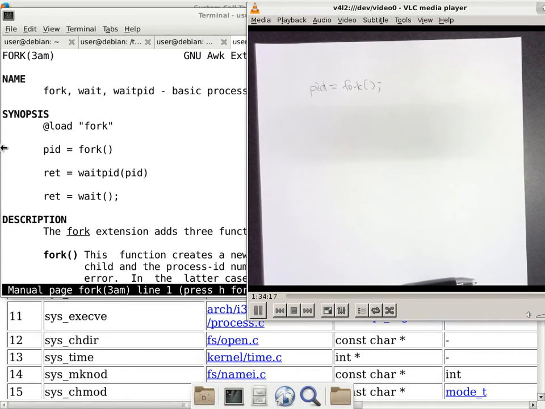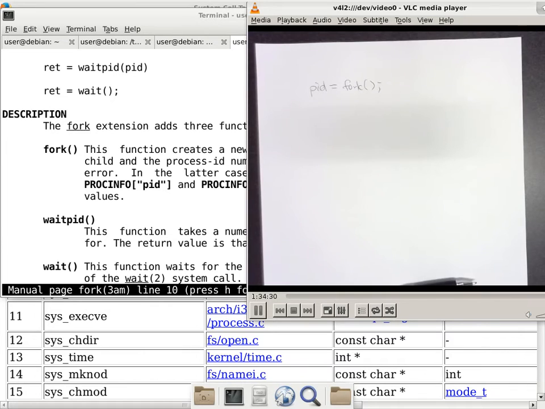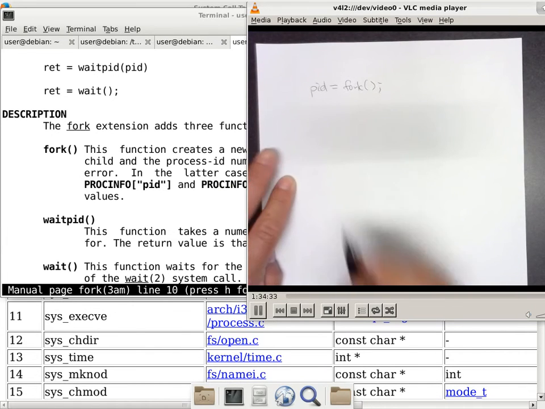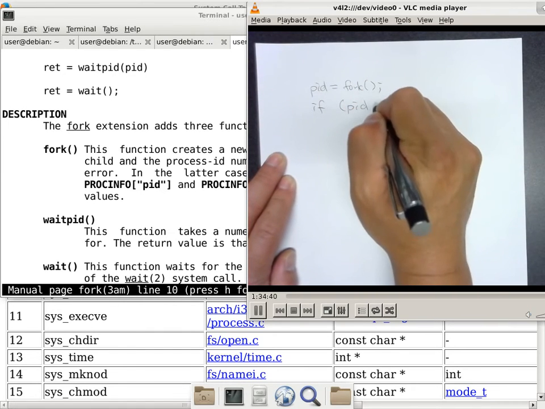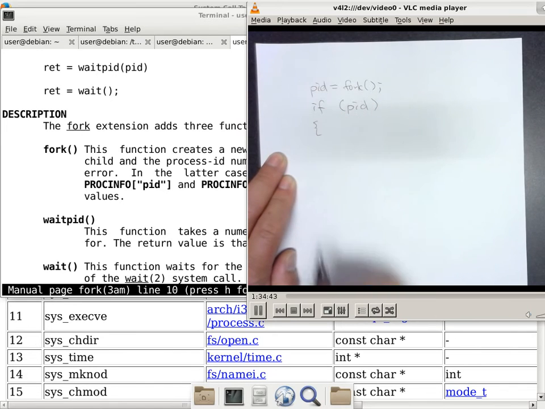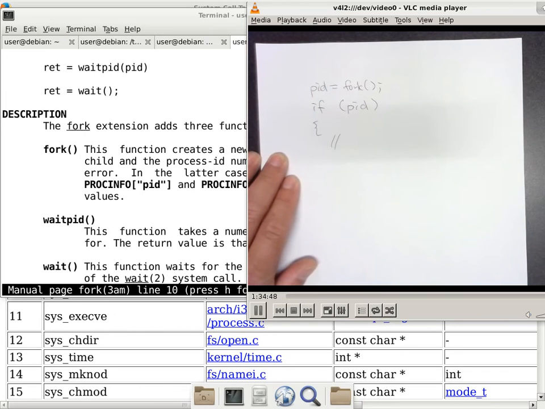So if you go back to this point here, fork is creating two new processes. The return value is 0 in the child and the process ID of the child in the parent. So what that means is when you write a program like this, the very next statement should be a conditional statement to basically ask, is PID 0? If PID is non-zero, then you know, are you the parent or are you the child? Are you the process just created, or are you the one requesting a new process